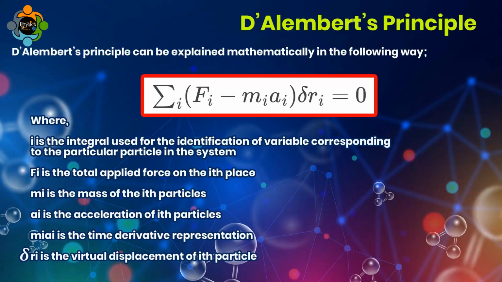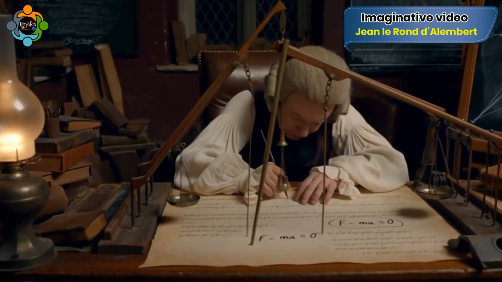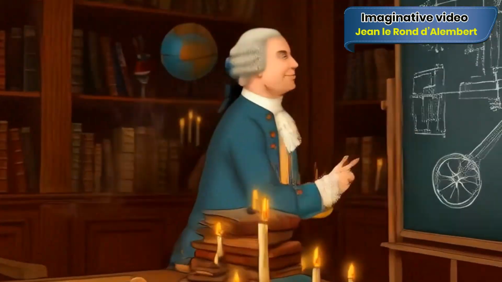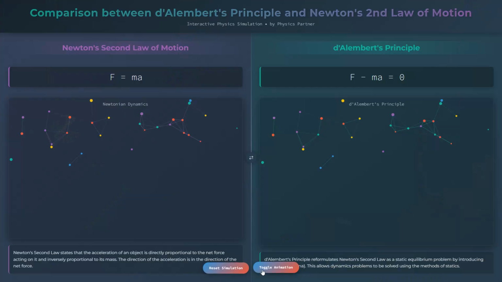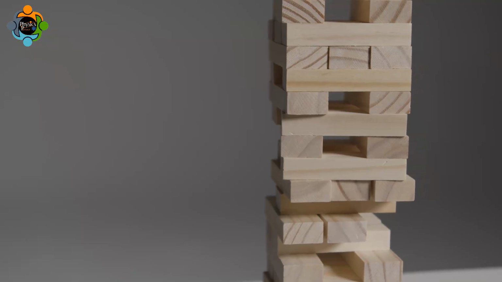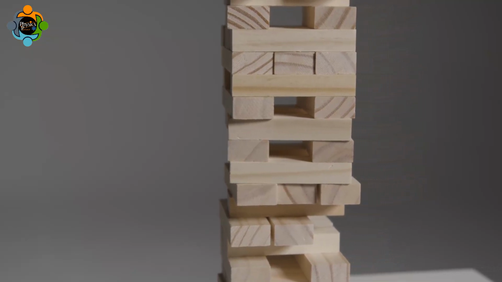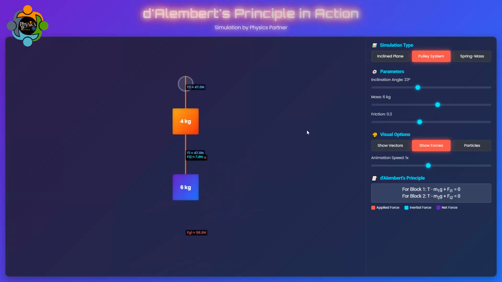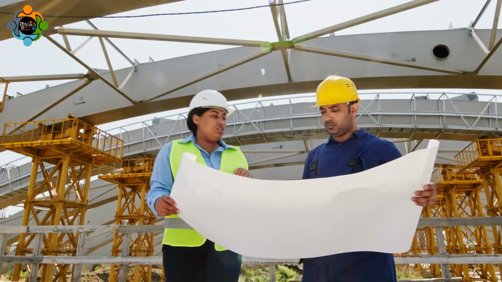D'Alembert's principle can be explained mathematically in the following way. The significance of D'Alembert's principle in physics cannot be overstated. It serves as a bridge between Newton's laws of motion and the field of mechanics, facilitating the study of systems in equilibrium. The principle simplifies the computation of forces in complex dynamic systems, making it invaluable in fields such as